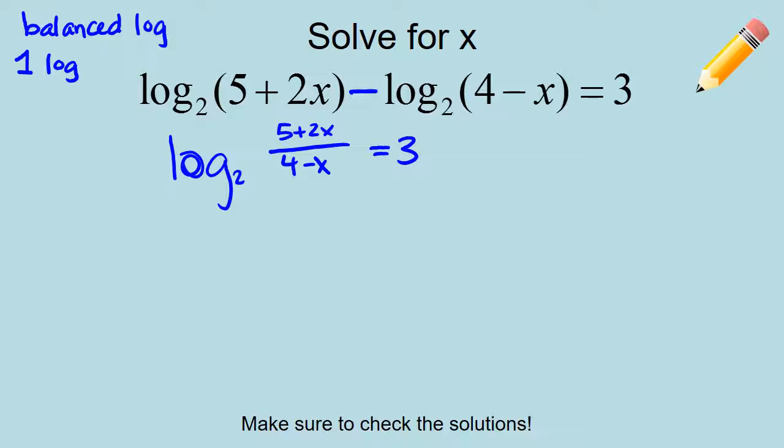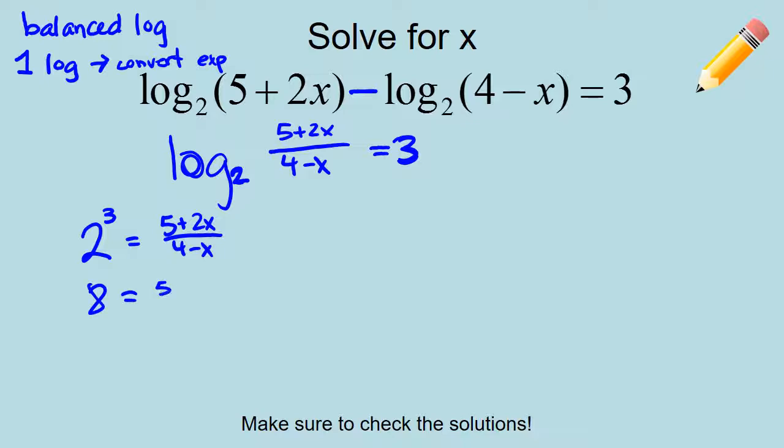Yes, it's a little bit busy, but I've narrowed it down to one log. So now I can convert to an exponential equation. The base of 2 becomes the base. The answer becomes the exponent. What's remaining becomes my answer. So 2 to the third, let's take care of that. I now have an equation equal to 8. This is kind of messy. I am currently dividing by 4 minus x, so I'm going to do the opposite, the inverse operation,